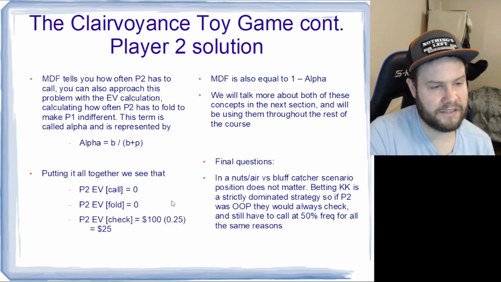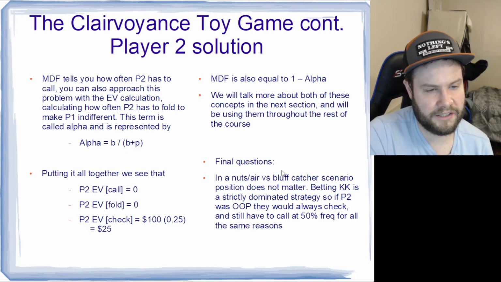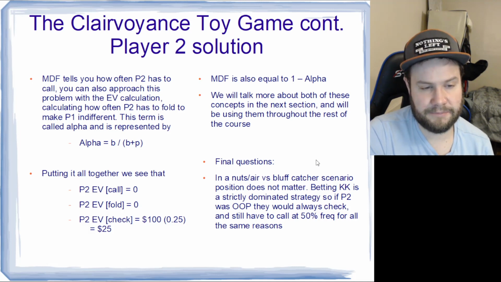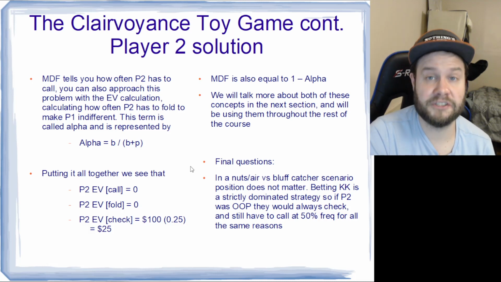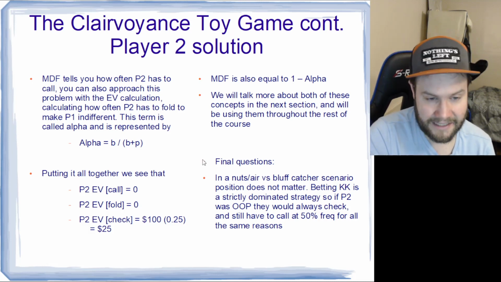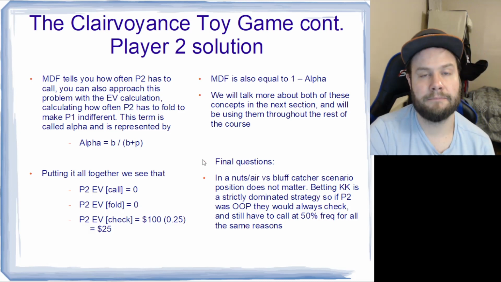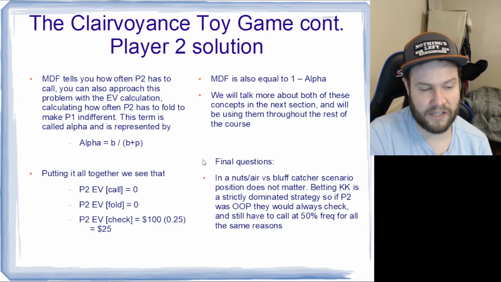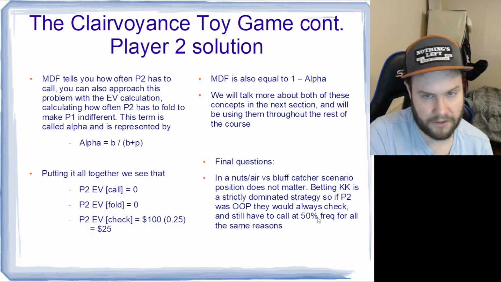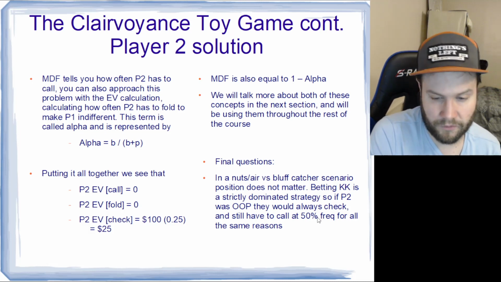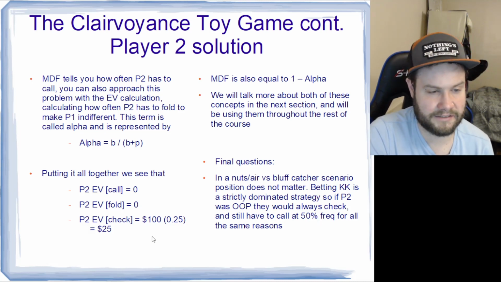So we've answered all the questions except for the position. And in this particular scenario, which is a pure nuts-air, perfectly polar versus a bluff catcher scenario, position does not matter because, as we talked about initially, betting king-king is a strictly dominated strategy. Regardless of position, player two could never bet his king-king because player one can simply respond perfectly, fold all the queen-queen and call off all the ace-ace, and it doesn't matter. So